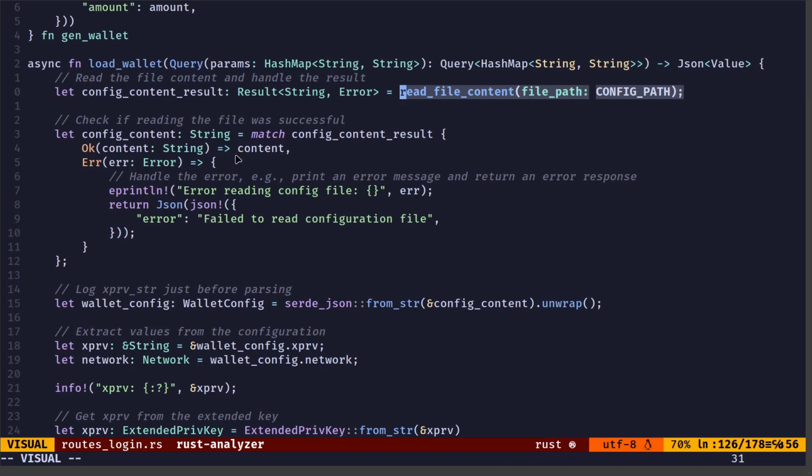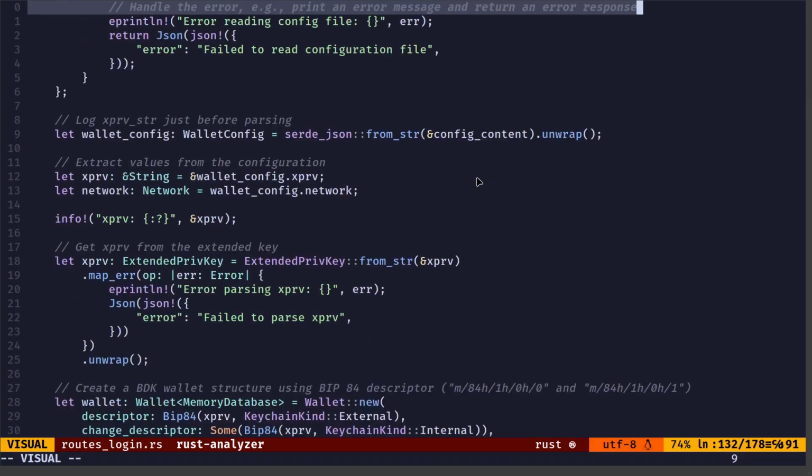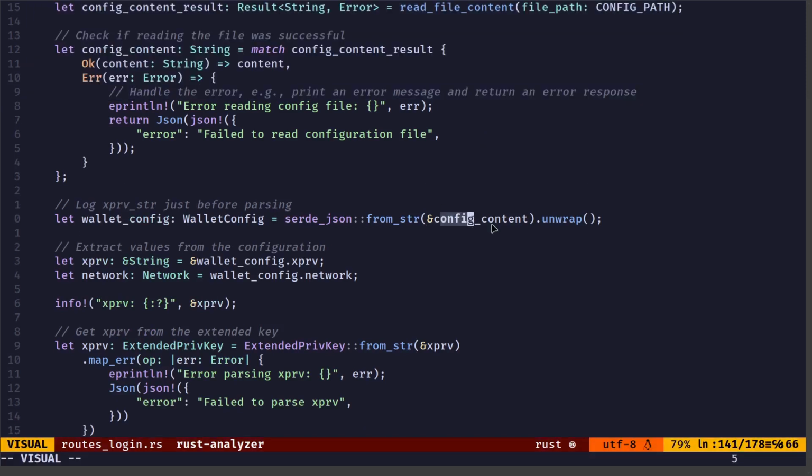So in this occasion, you've got content, and then you've got error there, which is a string. No, that's not being returned. Sorry, that's printing, and then it's returning JSON here. So the content is JSON, and then the return is JSON. So that's JSON, and then we've got wallet config. So we're actually converting the config content